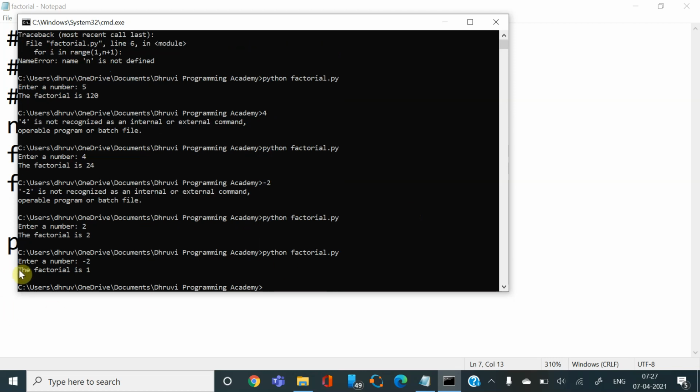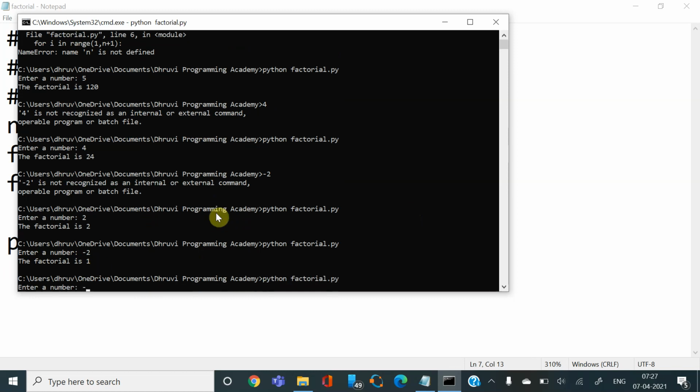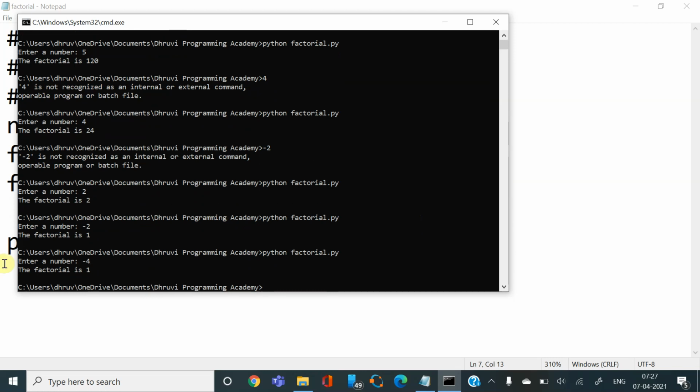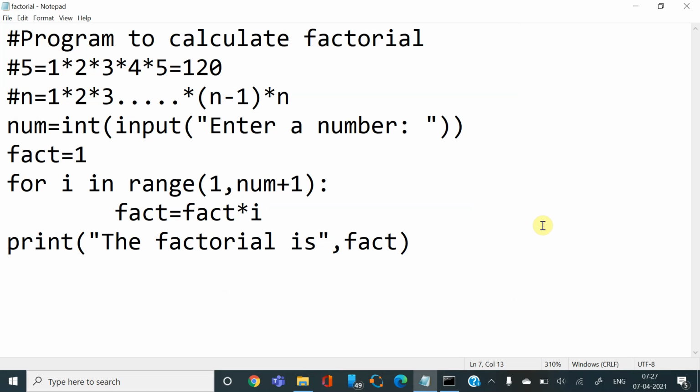The factorial, it's giving it as 1, which is incorrect, right? So suppose even if I give, say, -4, it is giving an incorrect factorial every time. It is giving the factorial as 1, which is wrong. And we are not finding the factorial of a negative number. So how do we prevent this from happening, or what do we write?